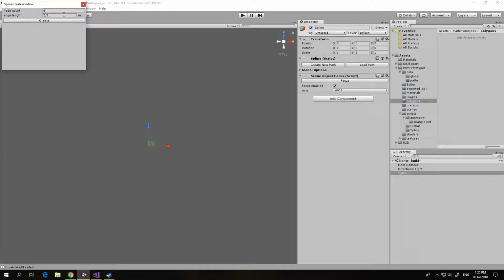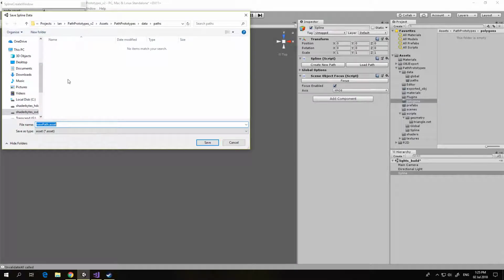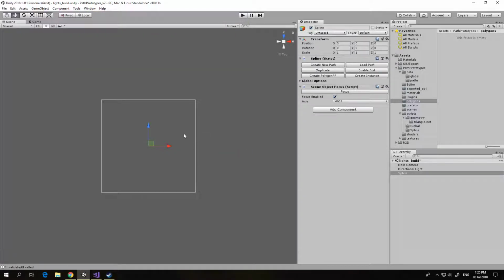You can choose how many points you want in the path. They will be placed around the origin, the game object, and also the edge length. So I'm going to leave it on default. Let's give this a name. There you go. So you can obviously move this path around by the transform handle, but if you want to